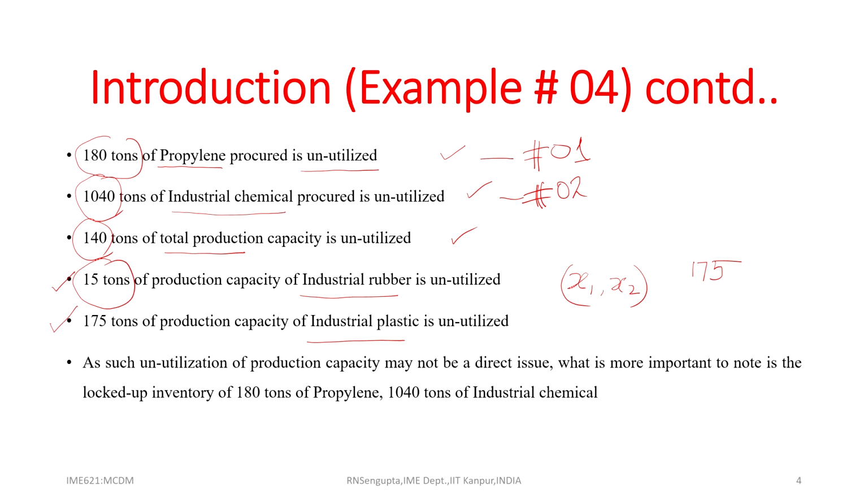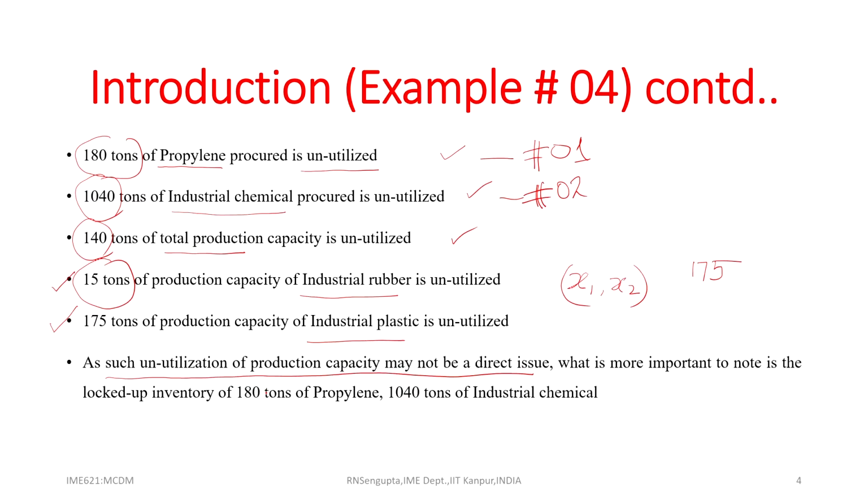But for the time being, if I concentrate only on the first month, unutilization of production capacity may not be a direct issue, which is fine in the sense that electricity cost is saved, maintenance cost is saved, and so on. Obviously, you have to pay the laborers and workmen, because they are on a monthly basis. But what is more important to note is that if you have procured the raw materials, then